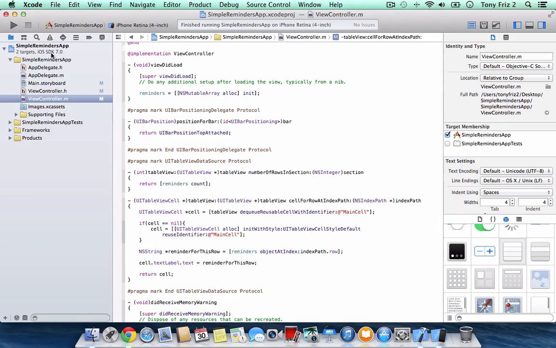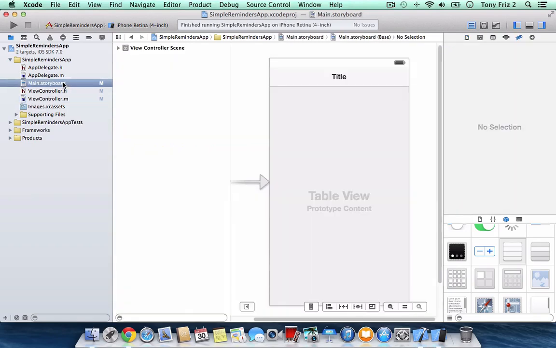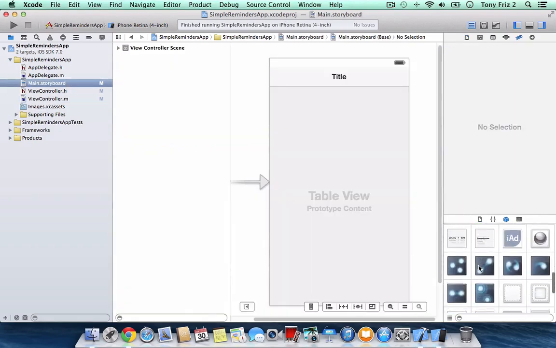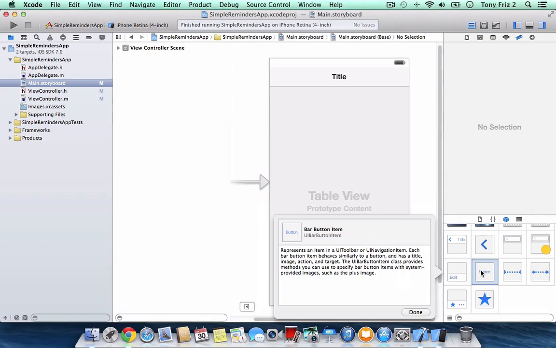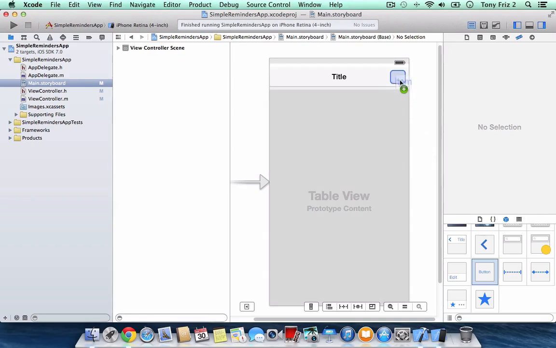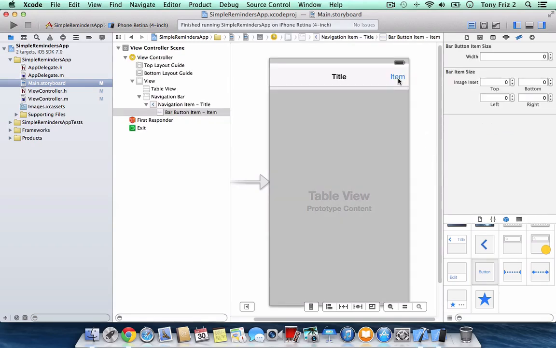Let's quit the app, go back to Main.storyboard, and if we scroll down in the object library, we have something here called a UIBarButtonItem. This is an object that you can use to insert buttons on the left and the right of a navigation bar. So we can click and drag from the object library to the right of the navigation bar, release, and